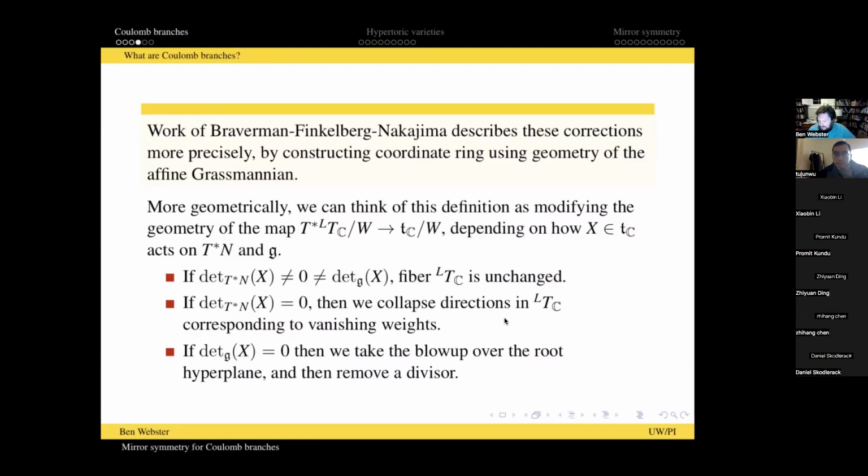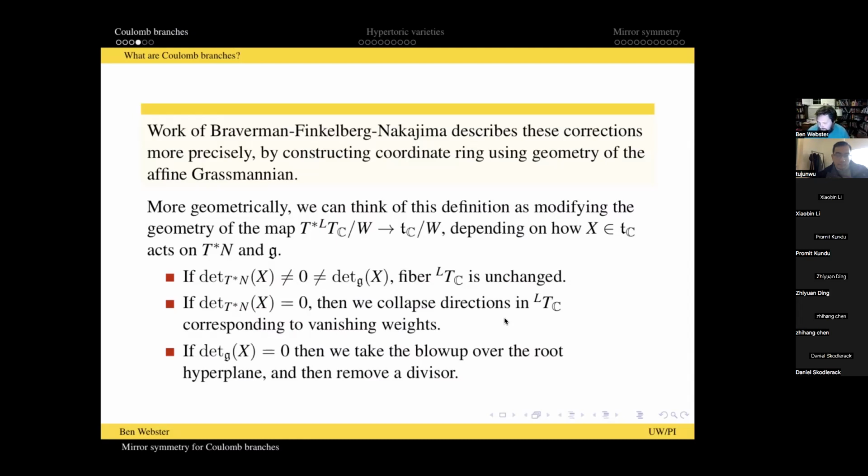Okay. So for example, if I have some zero eigenvalues, I'm going to collapse some directions in this Langlands dual torus, right? And remembering it's the Langlands dual torus tells me how to find directions in this. They come from characters, not co-characters, right? They come from weights of the representation. So it's exactly, I look at the weights that X vanishes on, and I collapse those directions in the torus. And if I hadn't put that Langlands dual there, I wouldn't have a direction corresponding to a weight. I would have a function.